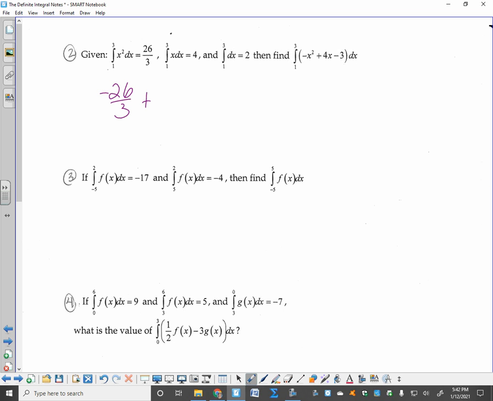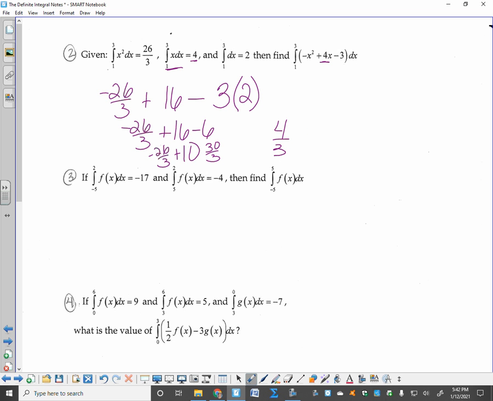plus 4x, so 4 times 4, 16, minus, all right, 3, which is going to be 3 times 3 minus 1, which should be 2. So negative 26 over 3 plus 16 minus 6, that's a 10. 30 over 3, so 4/3. Yep,